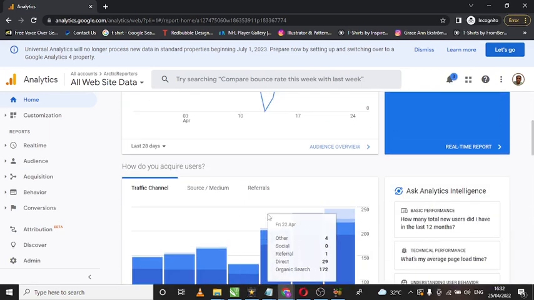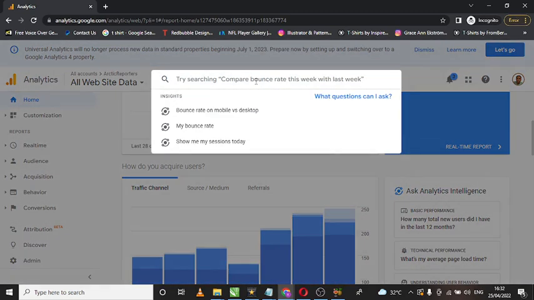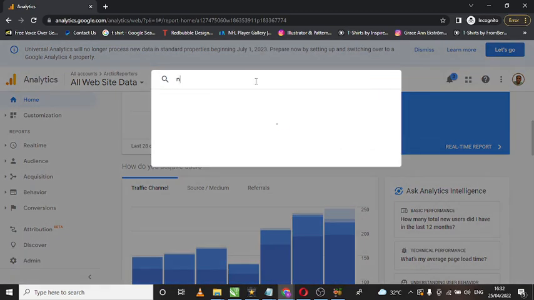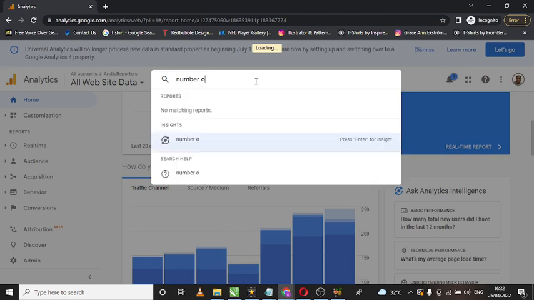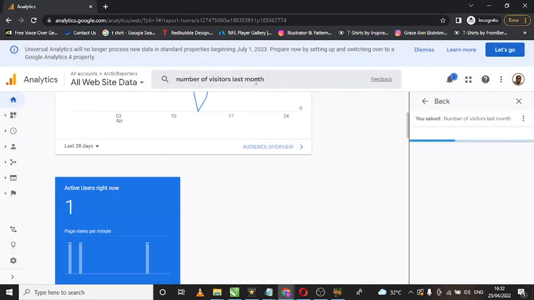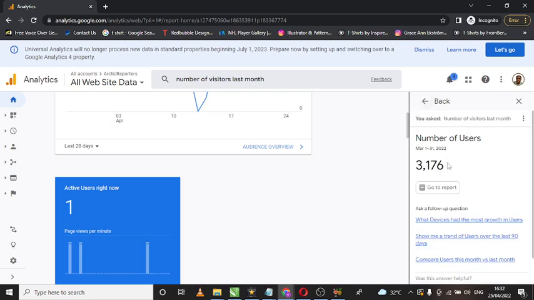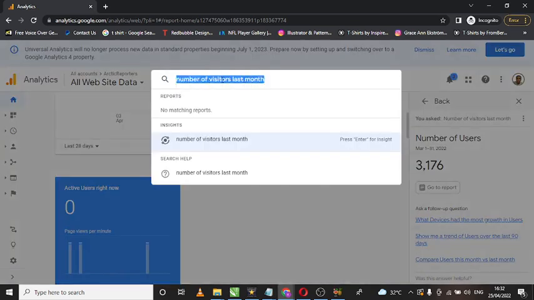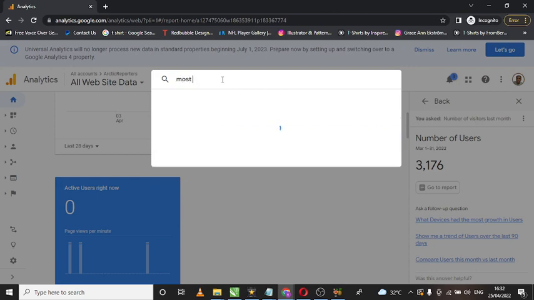One cool thing about this, you can even use it to search, okay, number of visitors last month, and it's going to intelligently tell you the number of visitors you got to your store. Like mine, you can see between March 1st and 31st I got 3,000 visitors. You can change this to number of page views, okay, most visited page